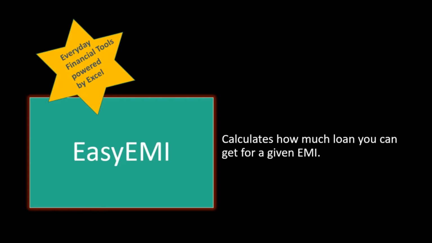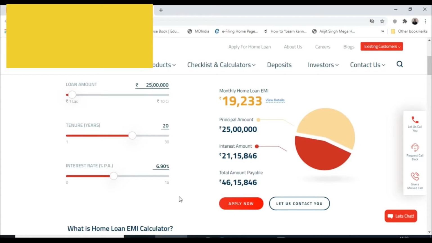Let us think that you are planning to buy a house and are looking at taking a housing loan. So you proceed to the website of a bank which is quite well known for housing development and finance. This bank has a very helpful EMI calculator on its website. I think I'll need about 70 lakh rupees as a loan. So I go and key it in.